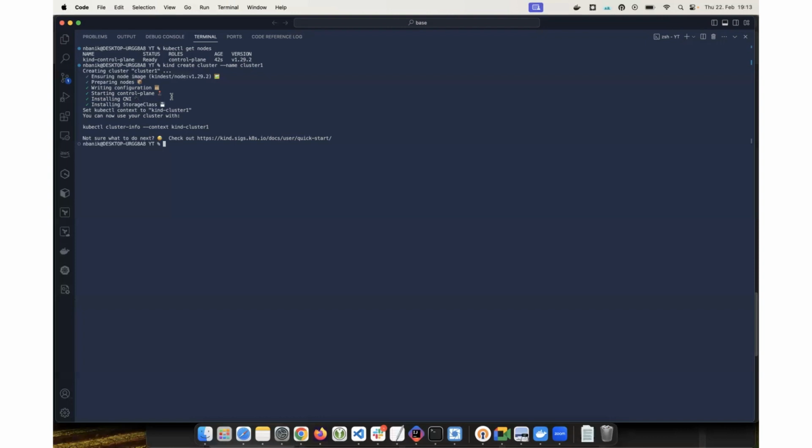And for creating the multi-node cluster, we need one config.yaml file, which I have kept here. When you see this config.yaml, it has a normal Kubernetes manifest, but the important part is here, nodes. This configuration will set up a cluster with one control plane node and two worker nodes. And at this point, I'll go ahead and create this 3-node cluster by running this command,